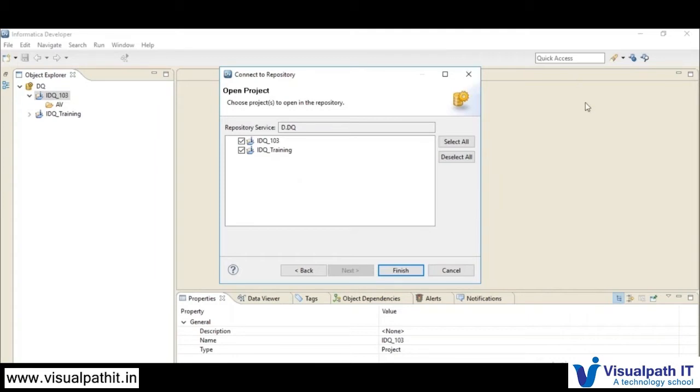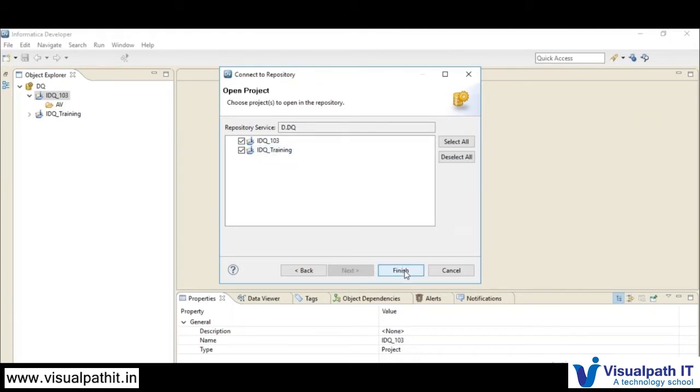Let's say you have phase-wise projects, as you are implementing agile methodology, or multiple projects are going on in IDQ for the same client. At that time people will have a repository in place and they will be using their own folder. So usually we select the available folders and click on finish.